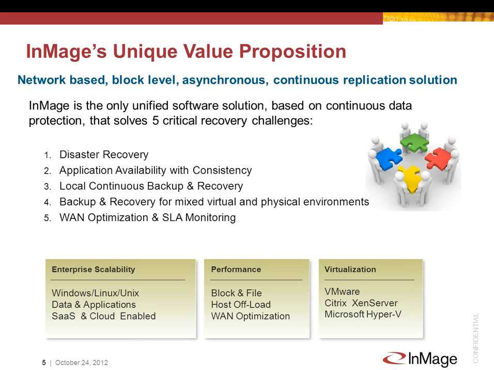We do have WAN optimization built into the product. So you can optimize the WAN. You can control the amount of bandwidth that's being used from a replication standpoint. You have advanced policies that can be set around the amount of bandwidth that's being used, whether you need to facilitate a policy such as, during business hours only use 40% of my available bandwidth, and after business hours go ahead and use 100% of that available bandwidth for replication.